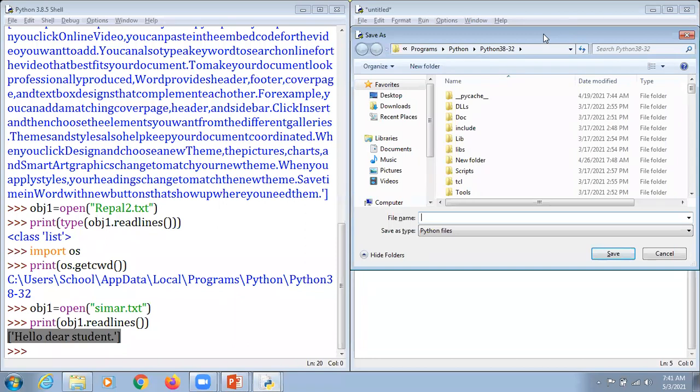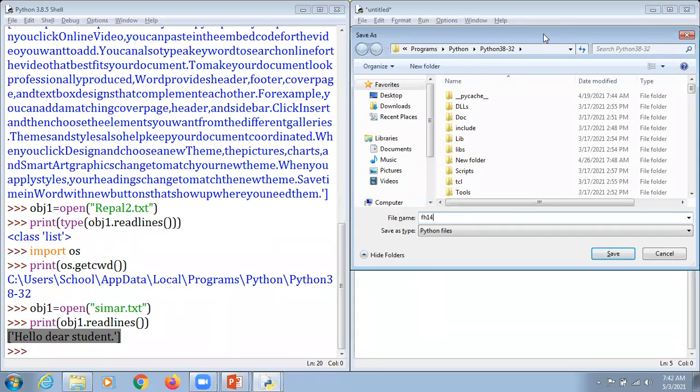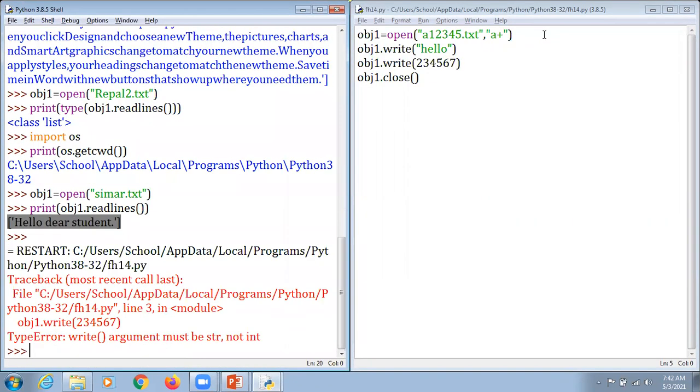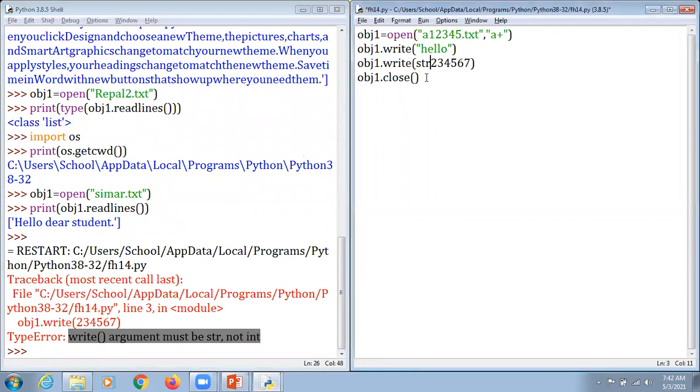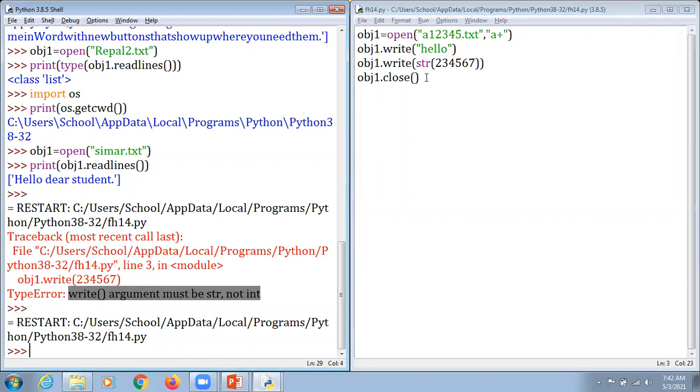And they start performing their activities. We are just going to begin with program 14. And when we run that program and hit the enter key, it says TypeError: function argument must be string, not int. So we can make it a string here, my dear respected students. We make it a string here, and now we are supposed to hit the enter key.